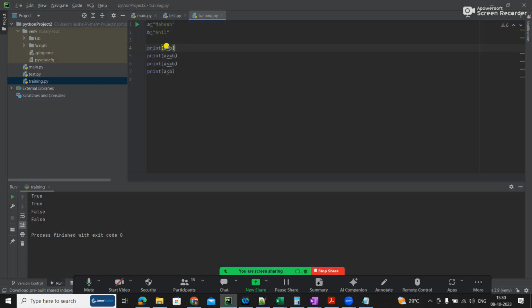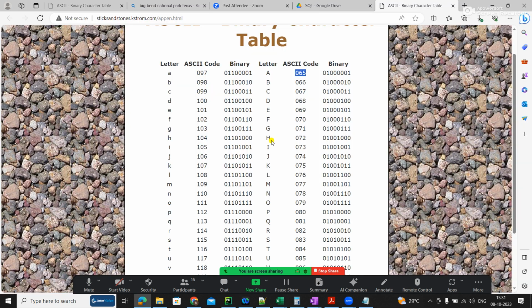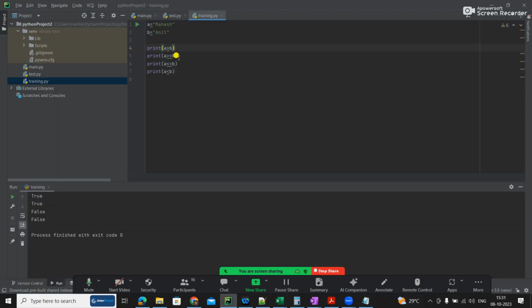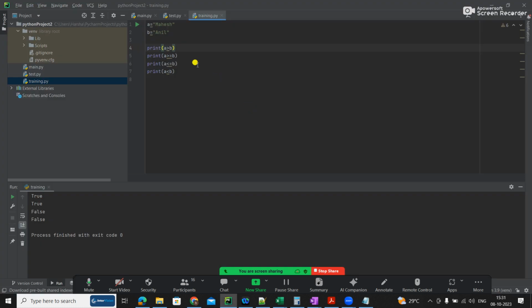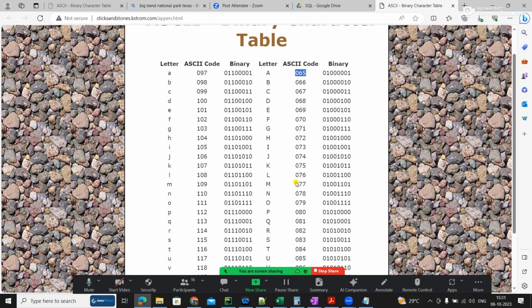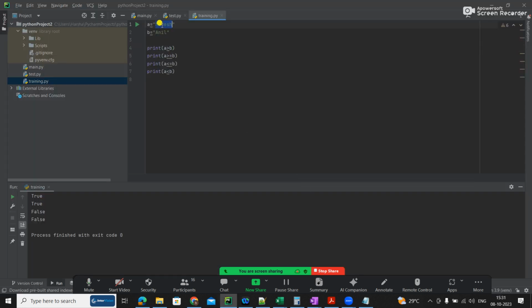Okay, so that means it should actually work in the same way. So why is it showing the opposite? It actually compares the ASCII code, and whichever ASCII code is more, it shows as greater. For example, A is 65 and what is M? M is 77. Getting this right? Simple. It first checks the first alphabet. So 77 greater than 66, that's why true. 77 greater or equal to 66, that's true.